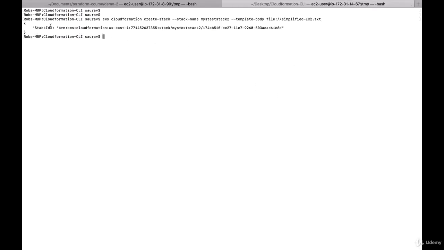And we get a stack ID returned to us, and it's as simple as that. We don't have to go and click on the console so many times, press next, and so on. This is super easy compared to the console way. So it's this simple to create a stack. You have a template with you. All you say is create stack, give a stack name, template body, and you're done. And if we want to verify this,